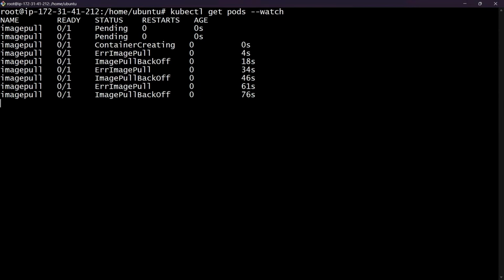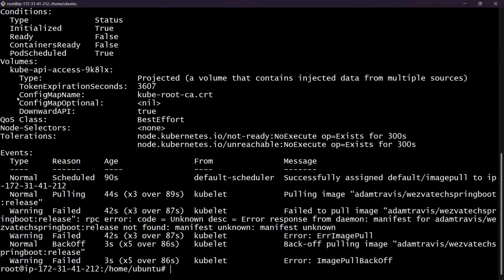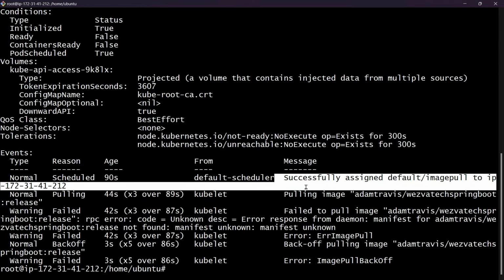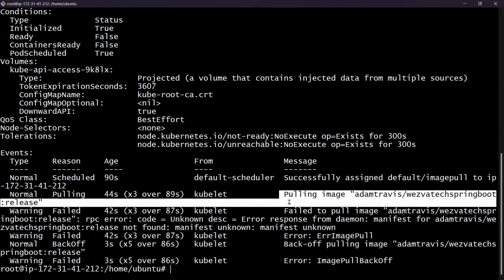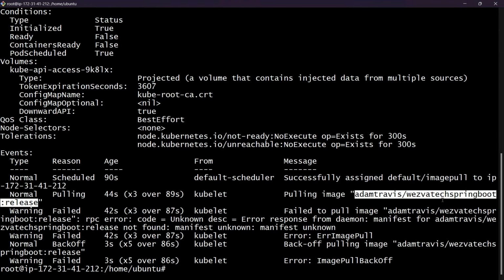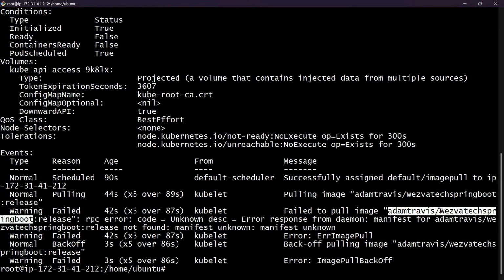Now to understand, if you do a describe of the pod and look at the events, you can see the pod got assigned to a machine, and then it is trying to download an image. Now this is where I've purposely made it give an error, in a way that there is no image with this name. I've just given a dummy tag, in fact. So because of this, it clearly says that it's not able to find this image with whatever tag you have given in the Docker Hub registry. And because of that, your image